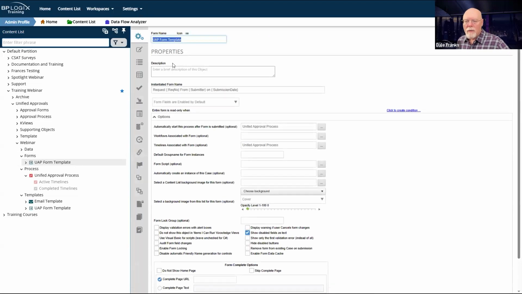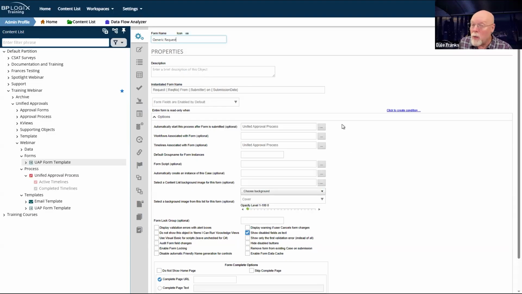So the first thing we're going to do is we're just going to call this a generic form. We'll just call this a generic request. So we can use this form to make any of the quick requests that we want to make. I doubt that in the real world you would have a generic form, but we're going to create one because we're going to go ahead and reproduce, at least run through one time, and test this generic form so that we can demonstrate that it works exactly like the template does.